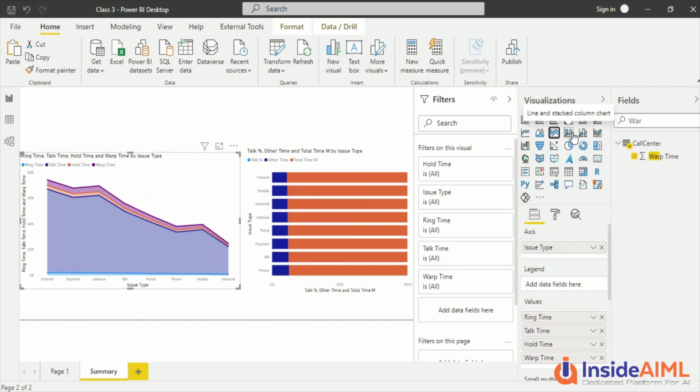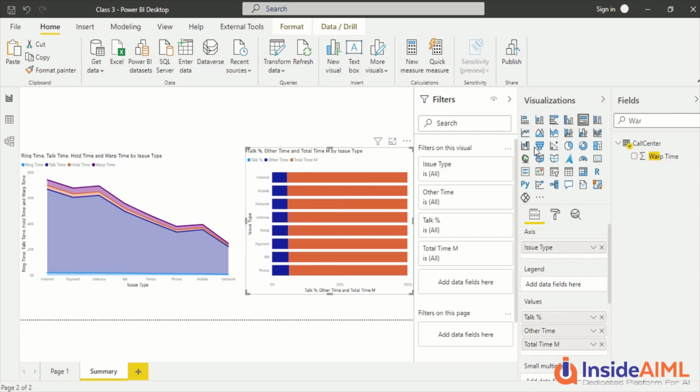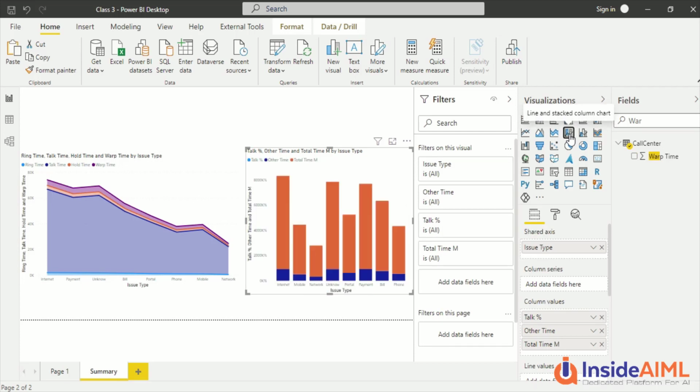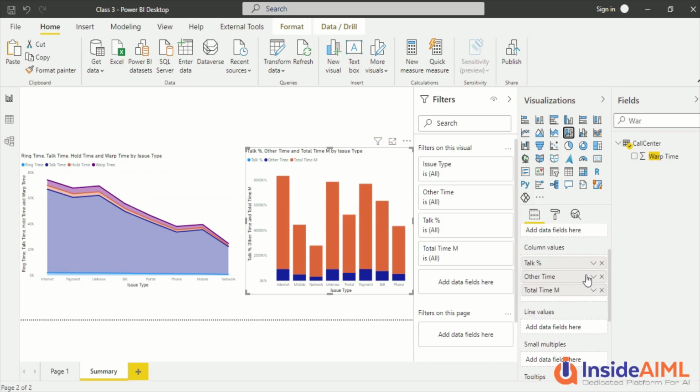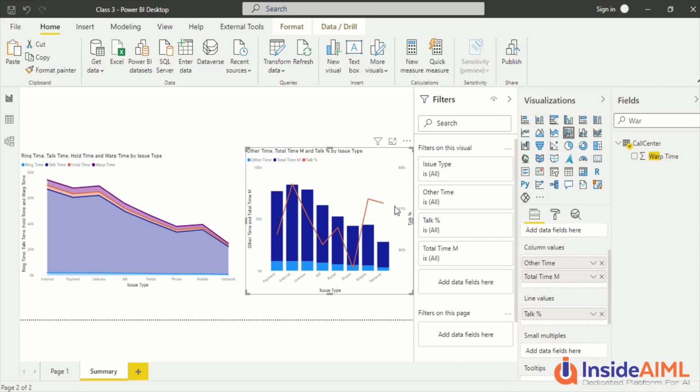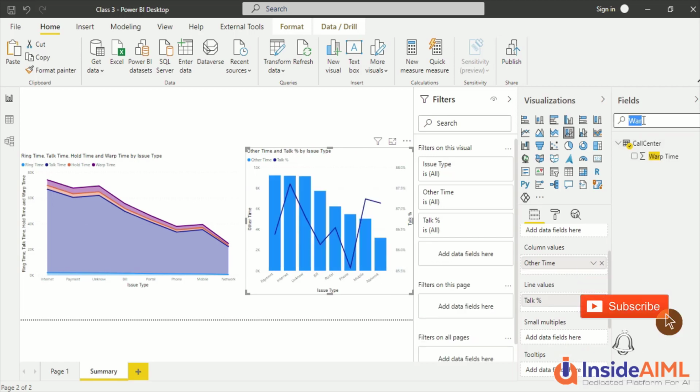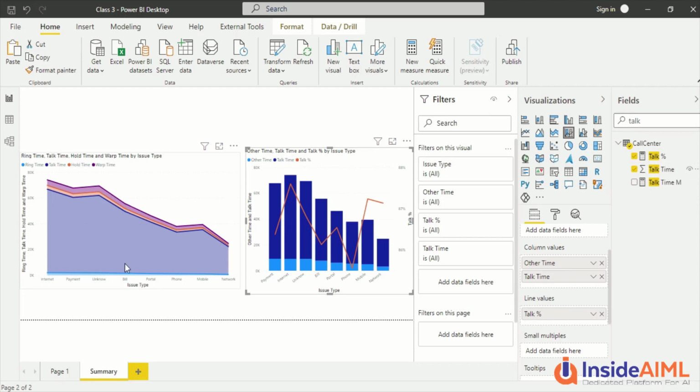Now this is one which is a really interesting visual, and that's why I came to this visual, and I'm going to change it to stacked column. Now other time and total time can stay. Ideally they are also not the correct ones, but that's the best we have. But let's bring the line value here. So line value was a percentage value, and I would like to see it on the other visual. Now here what we could have done is, with this other time I should actually use the talk time. I can have that on that visual also, but I just wanted to showcase it to you. So other and talk time is the one which is same as this one.